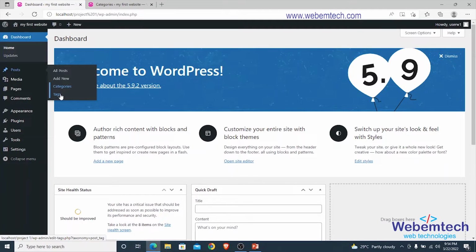The tags are used to connect related posts. Take for instance, you might have posts on crime in Ukraine, another post on crimes in United States, another post on crimes in Nigeria. You can tag these posts because they are all related. All right, after that we'll move to the media